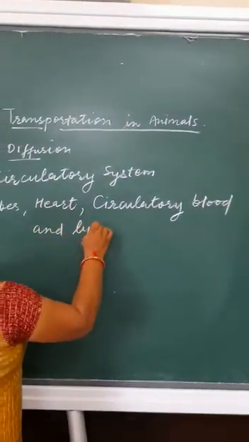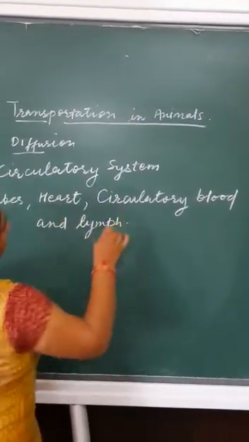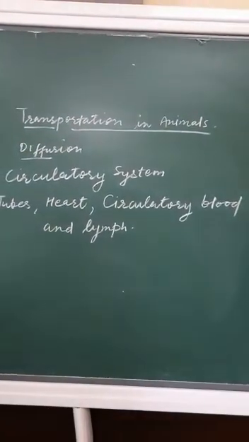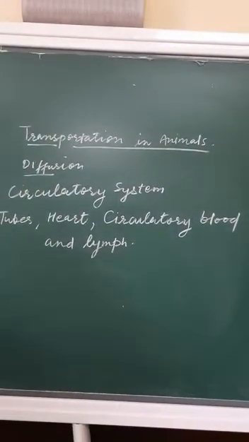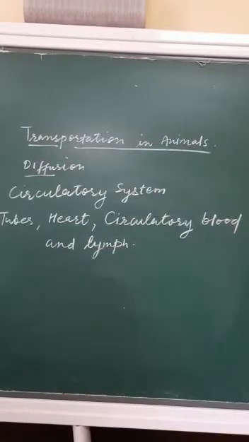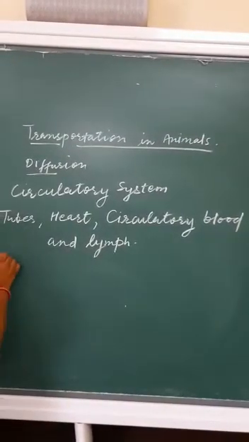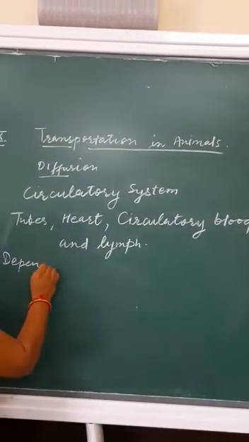So these are the organs, or the things, by which the circulatory system works in the animals. Depending on the fluid, there are two types of the circulatory system